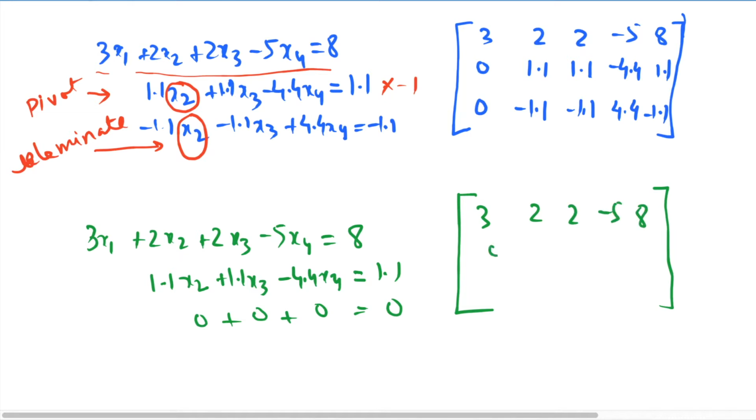All right, and 0, 1.1, 1.1, minus 4.4 and 1.1, and zeros, all zeros below it. All right,